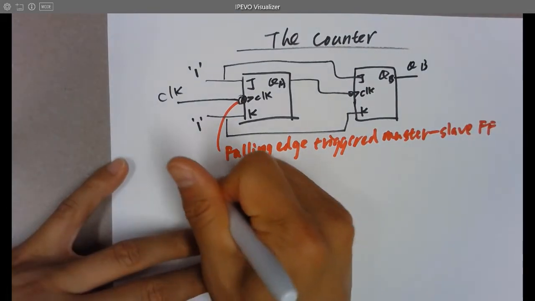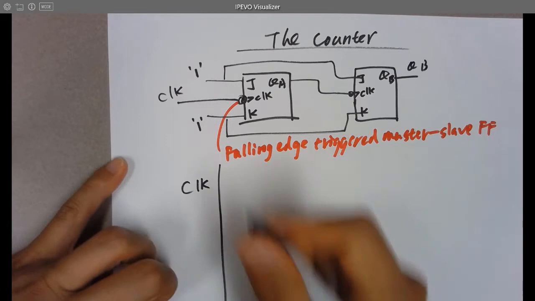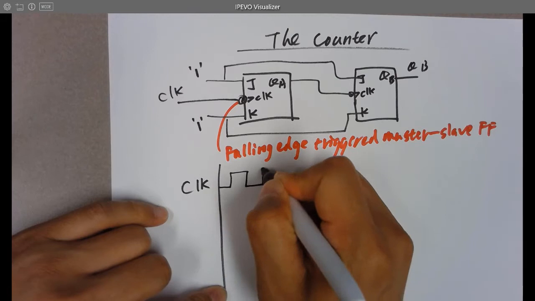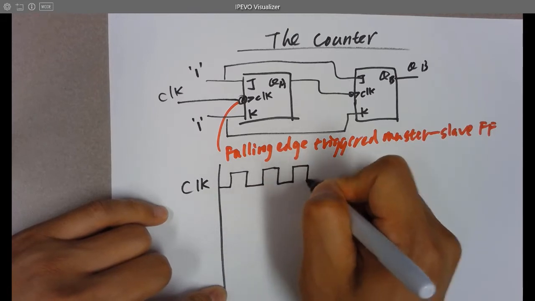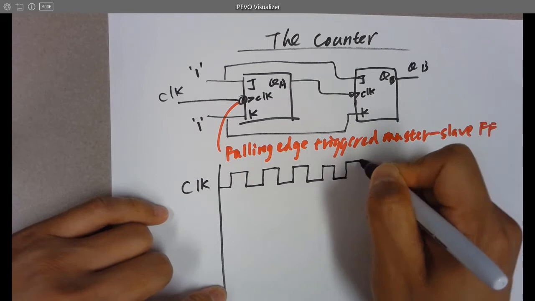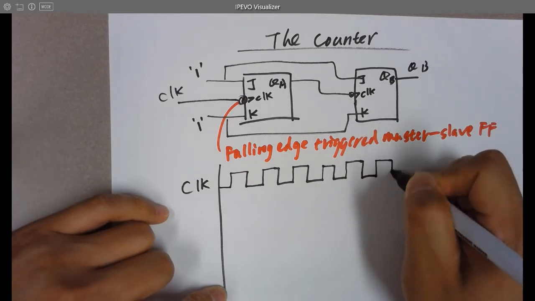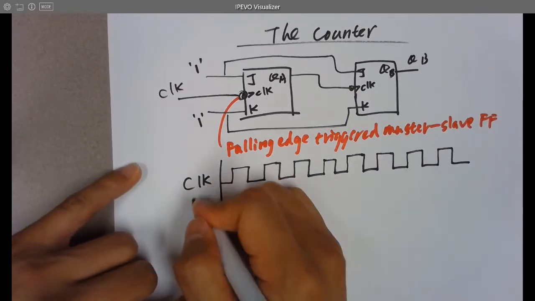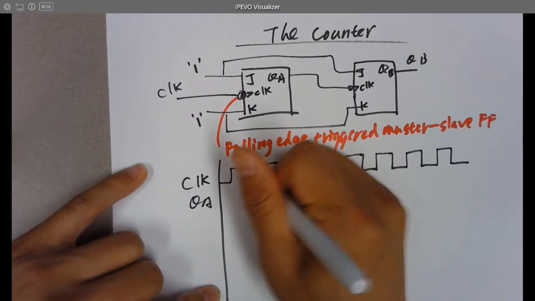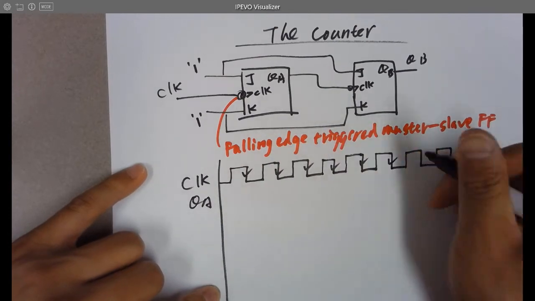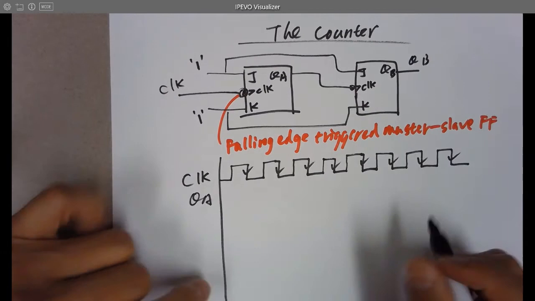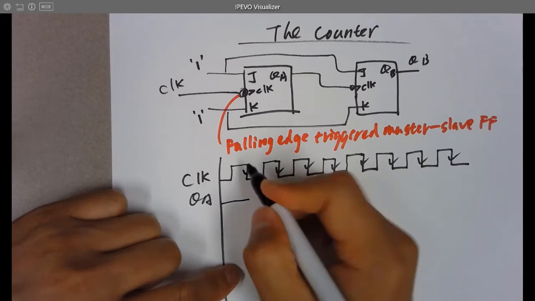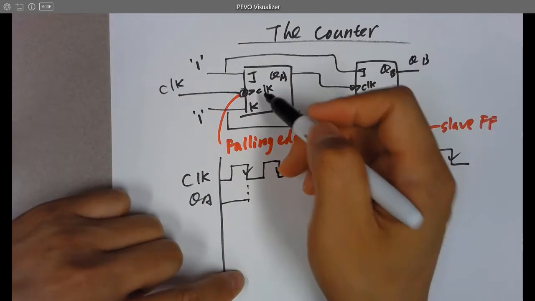Let's take a look at the signal. We have a clock, definitely. The clock looks like a 50% duty cycle digital signal like this. And you have your QA. Since it's falling edge triggered, things only happen at the falling edge, right? And now you have your QA in the beginning to be 0, and until this falling edge,